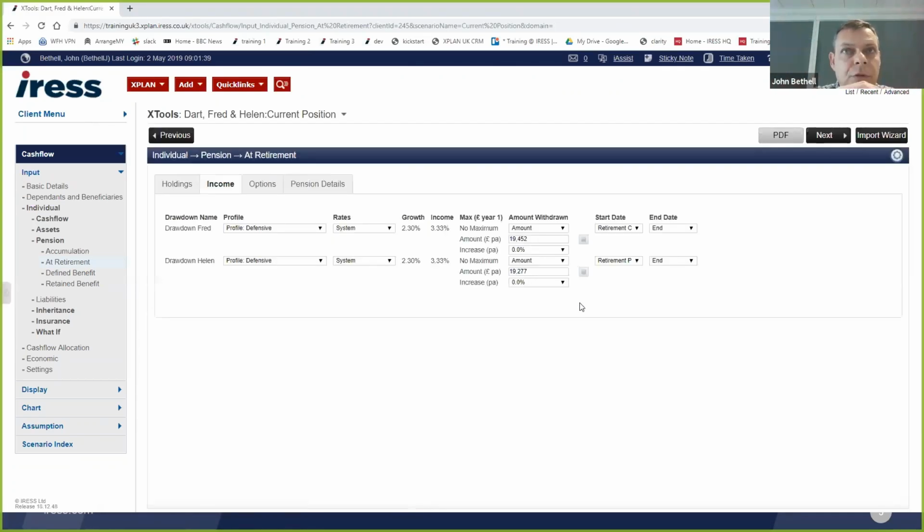So we've taken their tax-free cash, and the tool will then work out for you how much income they can take on a regular basis, either indexed or not, your choice, to take that fund to zero at the end. So if you're thinking about your drawdown reviews, and touching on the compliance area there, what's the sustainable level of income, given that growth rate? It's a very quick and easy way of jumping through that drawdown review situation.